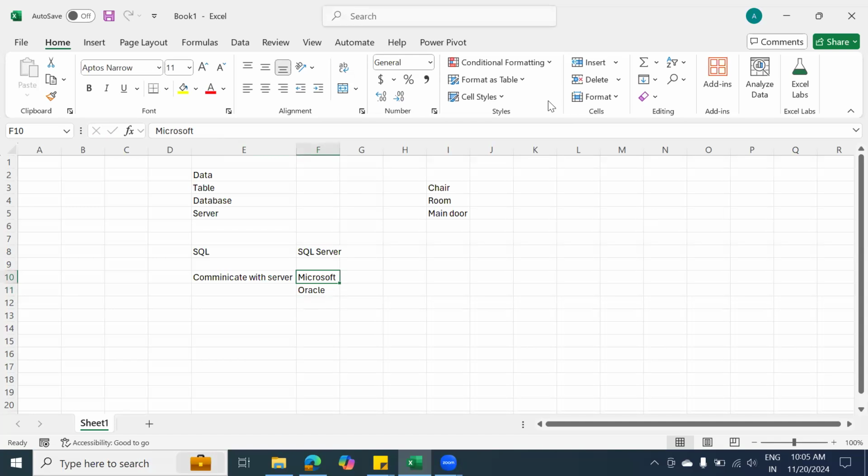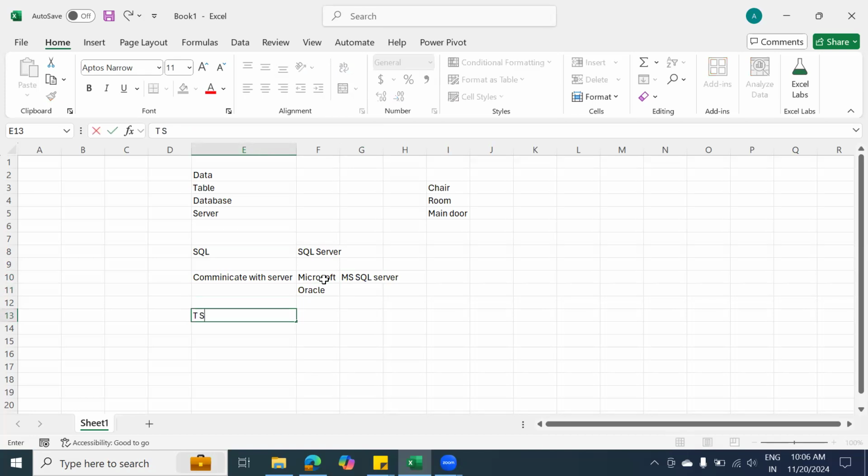Okay. So different companies provide these server applications, guys. If it is provided by Microsoft, we call that MS SQL Server, Microsoft SQL Server. People call this SQL or SQL Server, both are the same, guys. Please don't get confused. If it is provided by Oracle, we call this Oracle server. Now, depending on the server, we use different types of SQL languages. What is the SQL language we are using here?